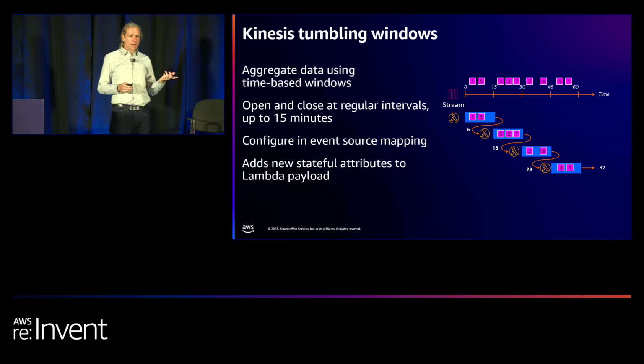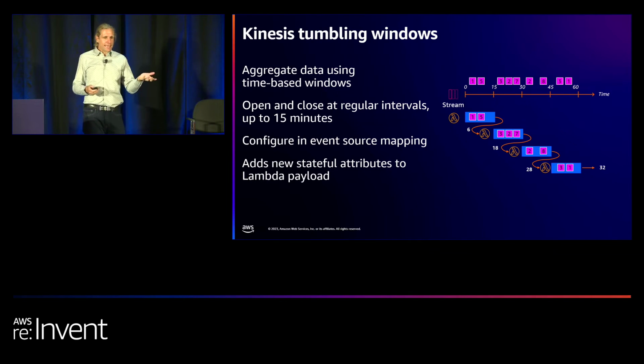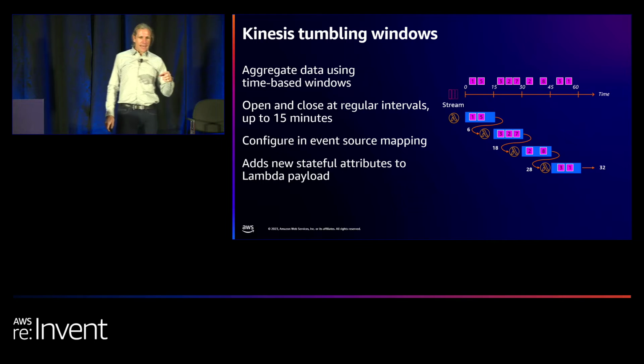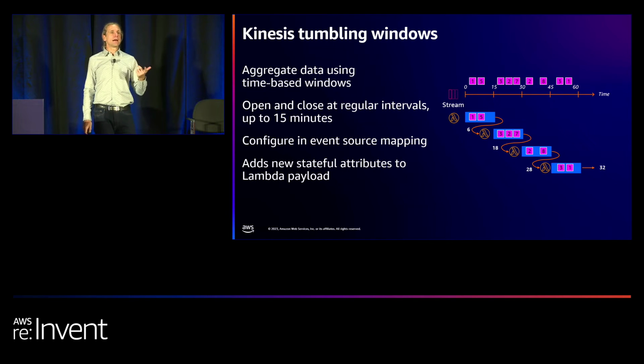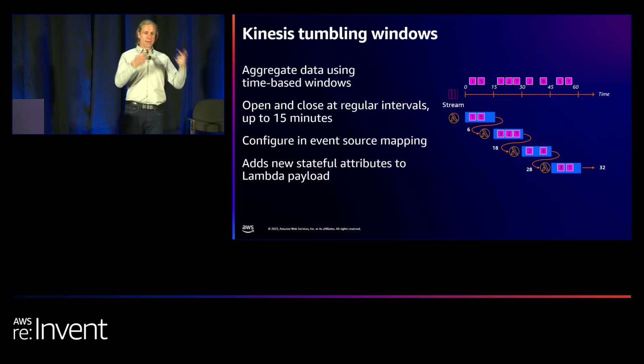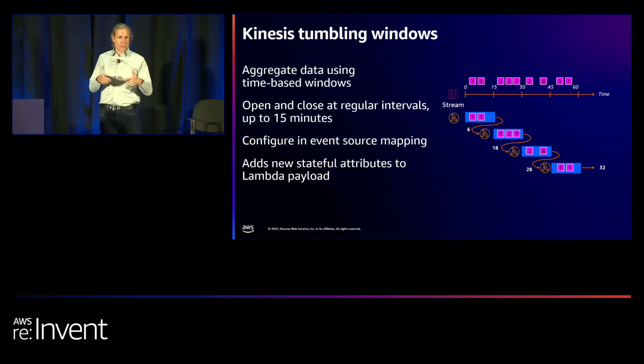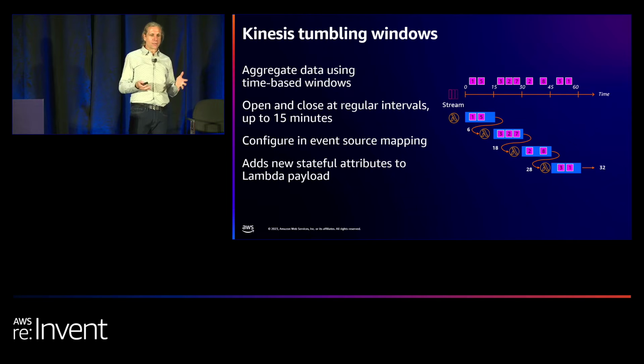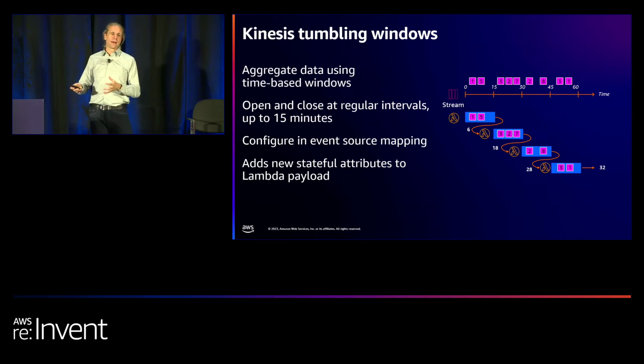So in the example here, this function returns a state that is then going to be passed to the next tumbling window. And here, the stream has got 4 windows over 60 minutes. So the first window contains items 1 and 5, and then the function is going to sum these up and return the value 6. And then the sum result is going to be passed to the next tumbling window, which is then going to add 3, 2, and 7. And that brings the total to 18, which is then passed to the third window, and so on, and this can keep going on.